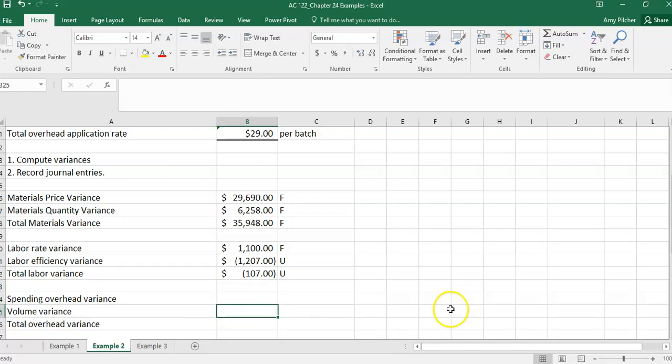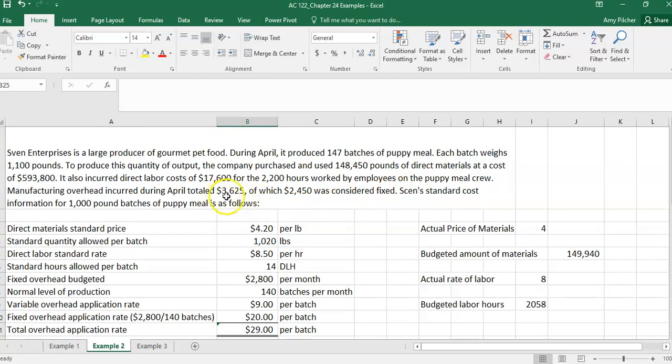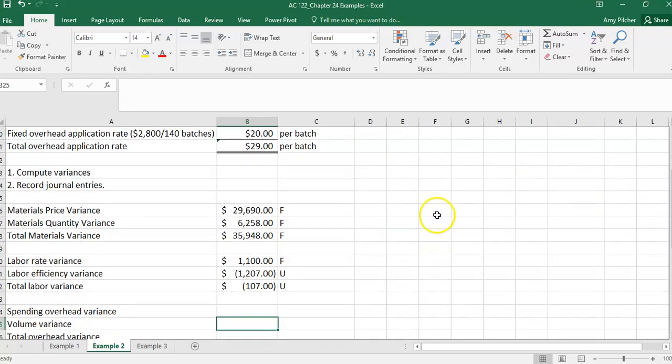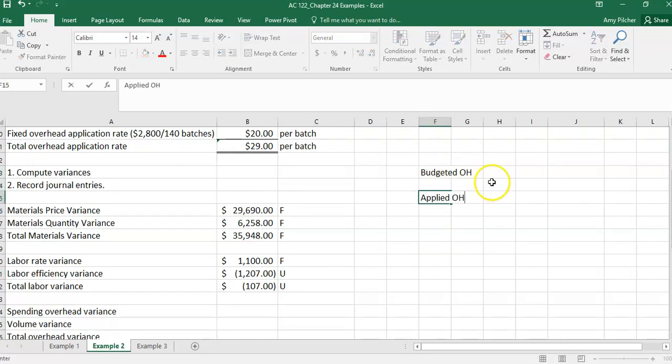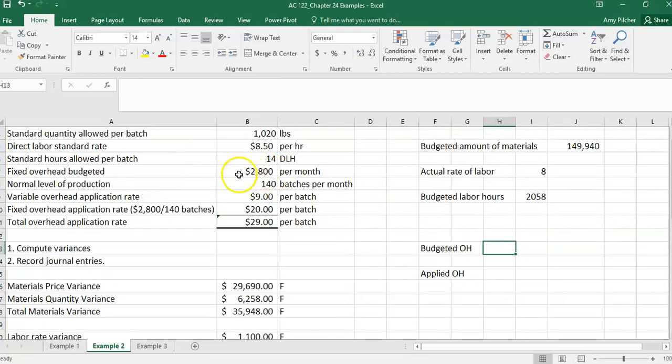Now let's look at our spending overhead variance and our volume variance. So for our overhead variance, we need our actual overhead costs, which are given here. Actual overhead costs are $3,625. Then we need to know what our budgeted overhead costs were and what our applied overhead costs were. So budgeted overhead and applied overhead. Well, our budgeted overhead is fixed overhead of $2,800 and variable overhead of $9 per batch. We produced 147 batches. So 9 times 147,